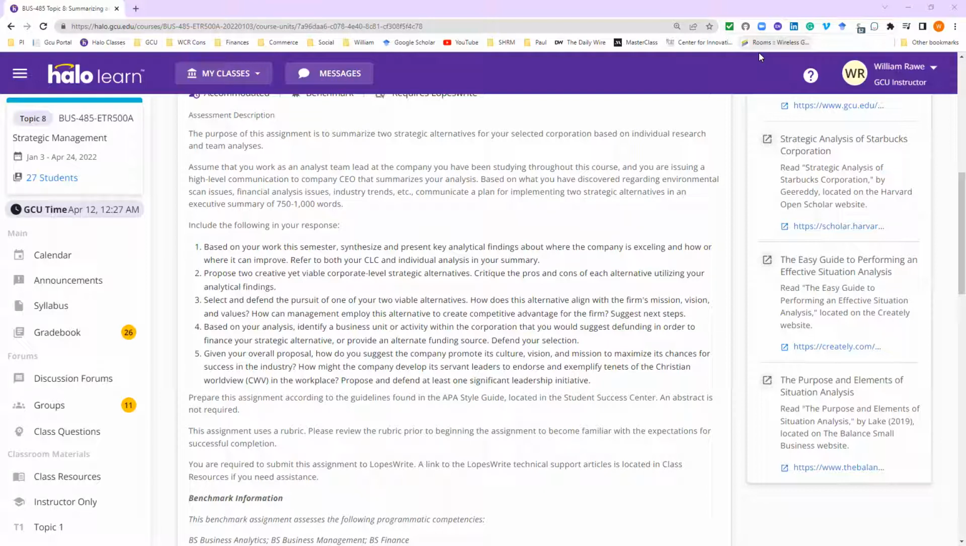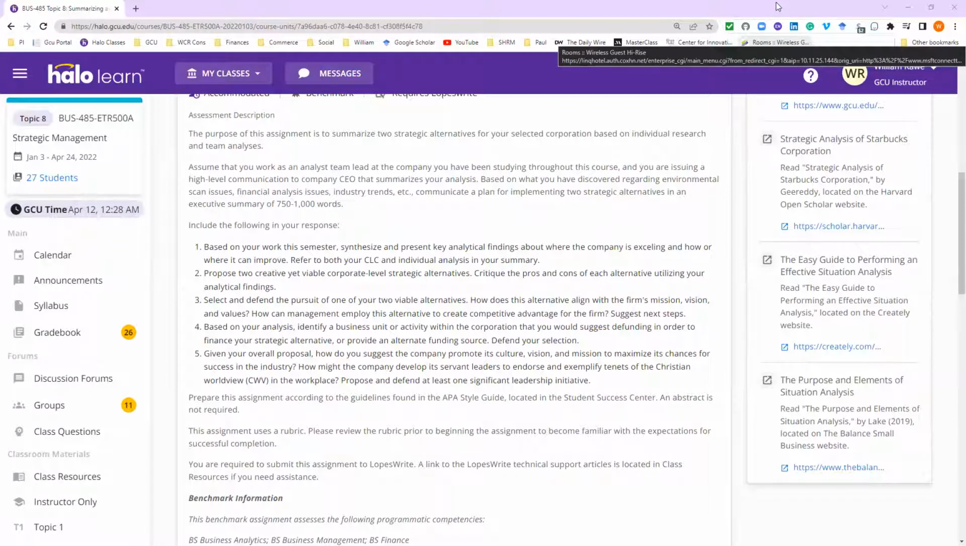Either you're going to defund some other business unit or production line that the company's taking, or you're going to find another source of funding. You have to name it, you have to describe it, and you have to defend why that is the best option for your company. All right, then finally, number 5,